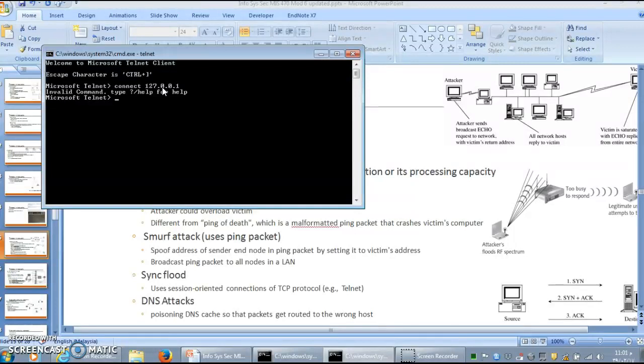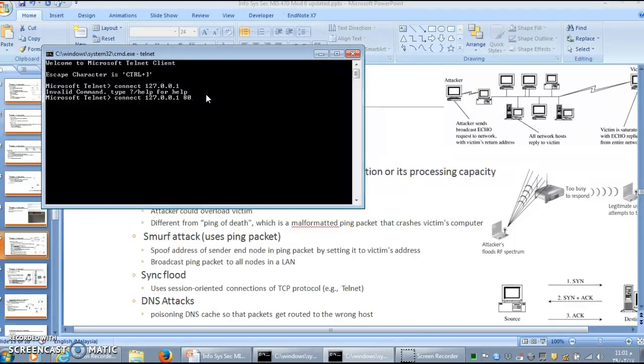Since it says it's an invalid command, it means this command is being updated, so we need to see the command list for telnet. What you have to do is use connect, and then the IP address and the port number. You don't need to write the port here, but just for your understanding, for example, 23 is for telnet, 21 is for FTP, and 80 is for HTTP. So you can put various commands here and connect to the remote computer.